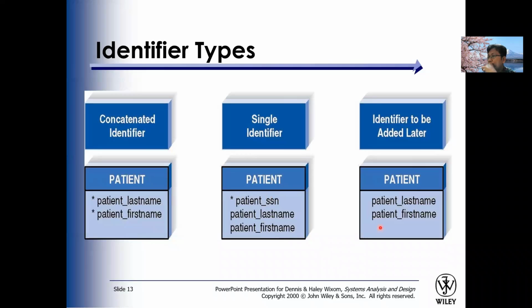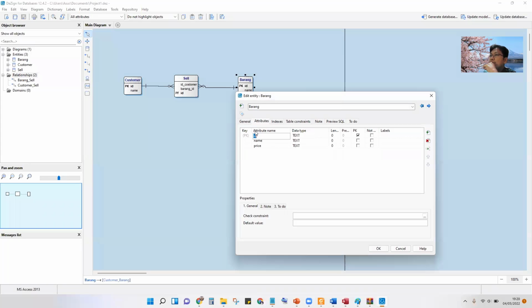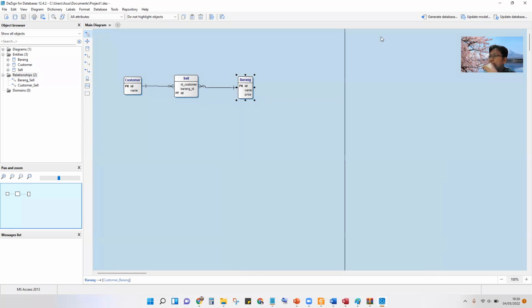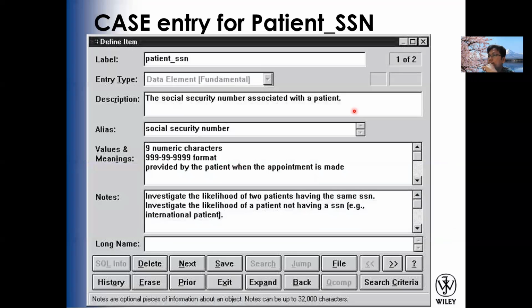It means that after we design, for example, I will add a new ID here, and we click here as the primary key. This is the old version.